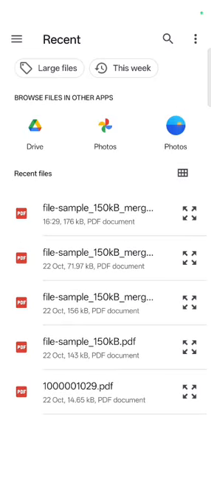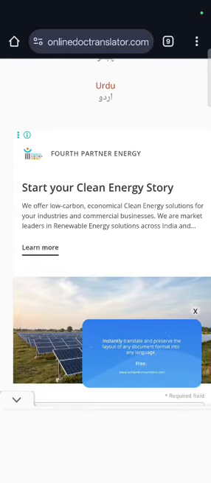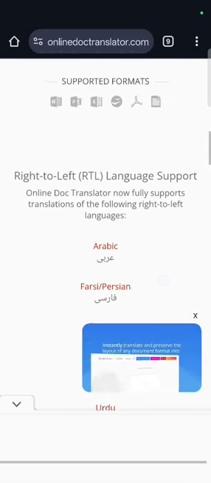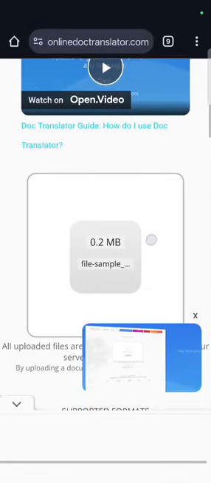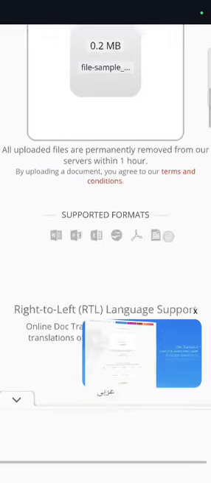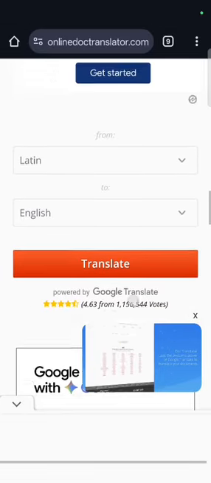And once I do this, I can simply choose that particular file that I want to translate. So let's say I want to translate this file. I'll simply select it and then I will choose the particular language. So it supports these particular languages. So as you can see, I have successfully uploaded it, and then at the bottom I have this option to